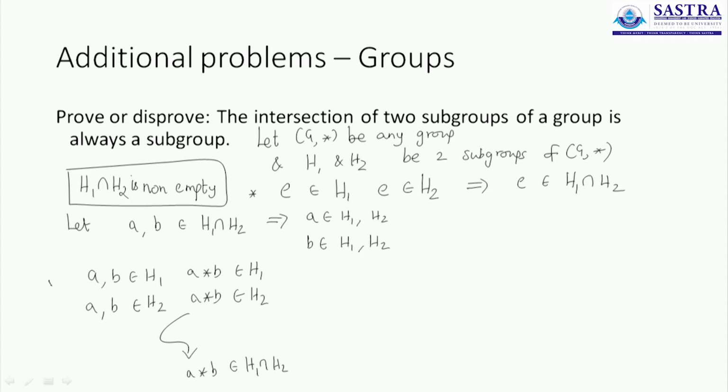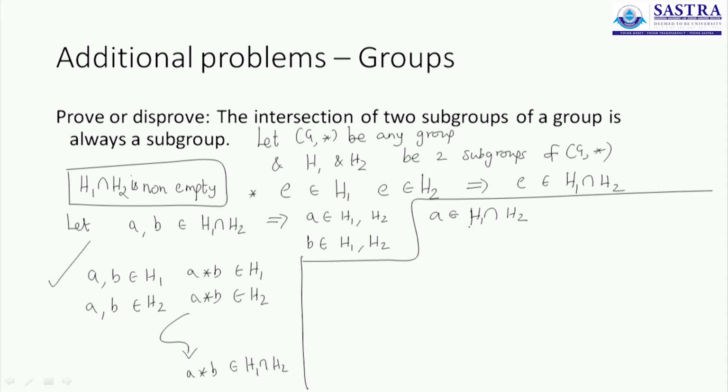So we have actually verified the first of the 2 condition test. We have seen that the subset is actually closed. Once we have achieved this, the second part is not so difficult. The second part is about the inverse element. For any element a belonging to the intersection, we will have to show that the inverse also belongs to the intersection. So let's start with one such element.